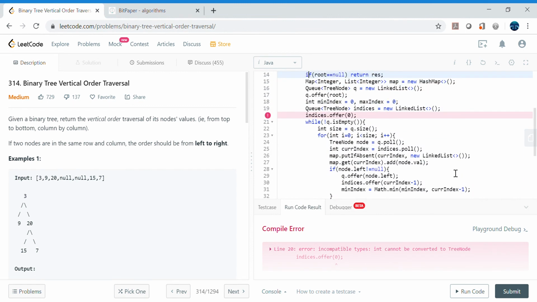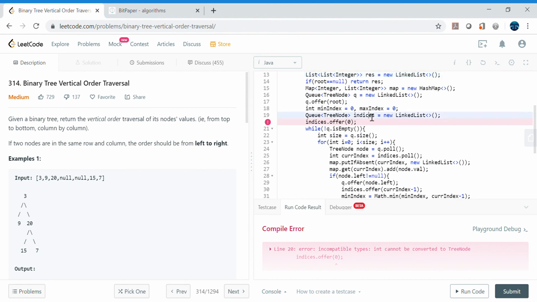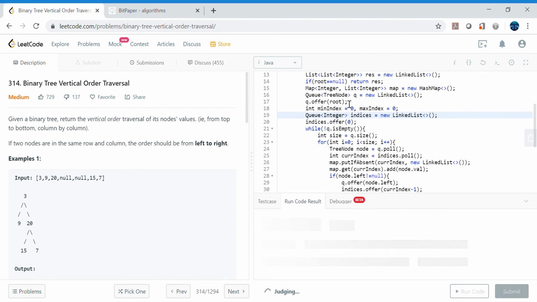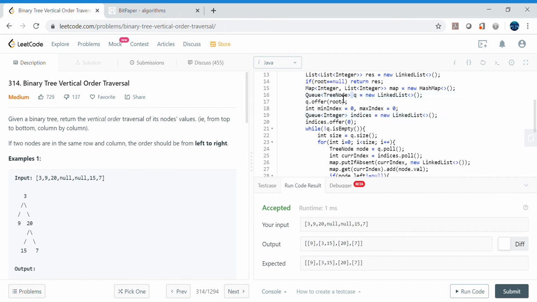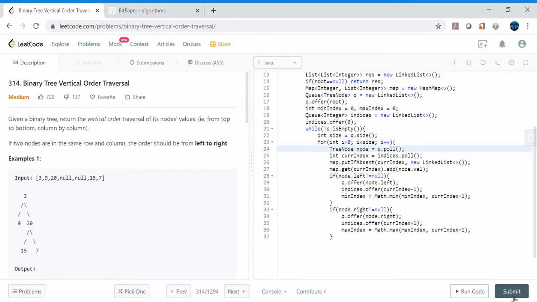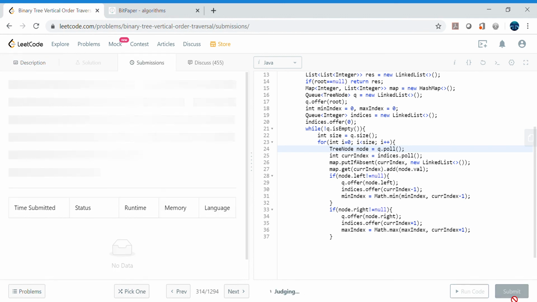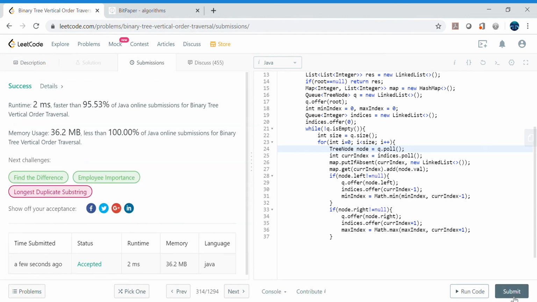And indices dot offer, so indices, and then int cannot be converted to the tree node. So this is my mistake, it should be integer because this is the index, right? This is not the tree node. So we have two queues, one for the tree node and another for the index. So that's what we are doing. So looks like this is giving the right output for us, right? I will go ahead and quickly submit this one,